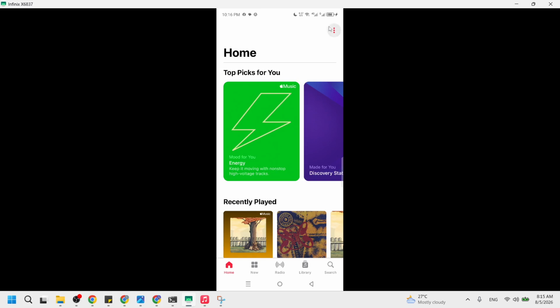Now, click on the three-dot icon. You will usually find these three small dots at the top right corner of the Apple Music screen. On some layouts, it may sit near your profile picture or next to the search option. Tap it once, and a menu will slide up or drop down with several options related to your account and settings. This confirms you opened the correct menu.